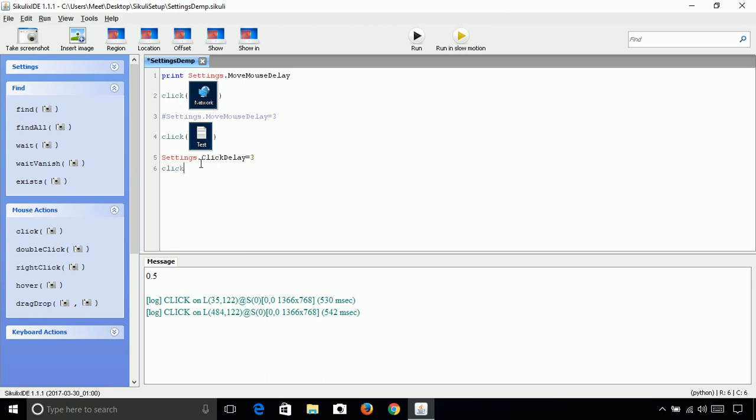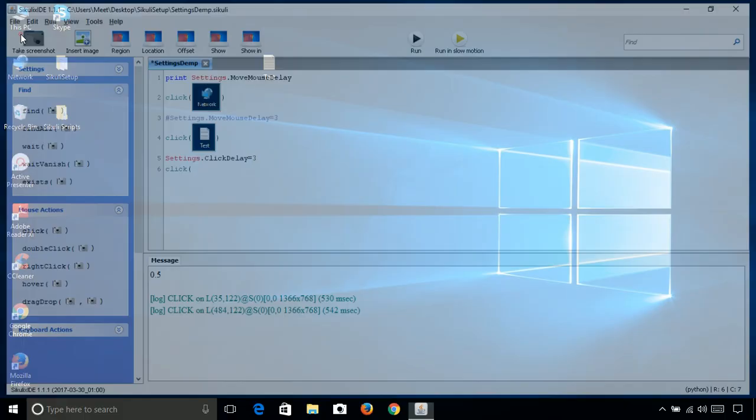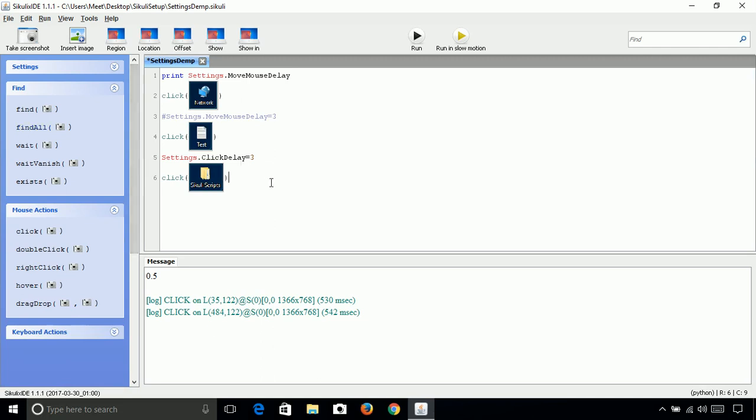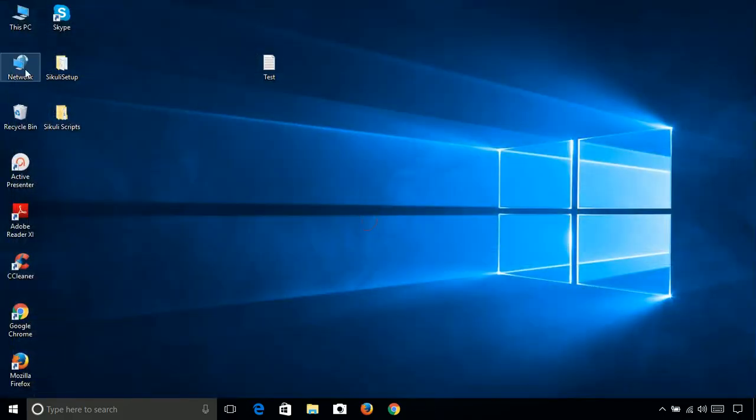So let's click on another Sikuli script. There will be the click delay of 3 between this test and the Sikuli script. Let's run it. Save and run.